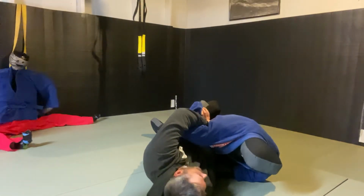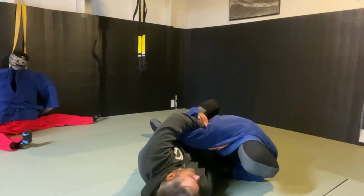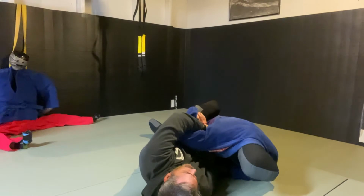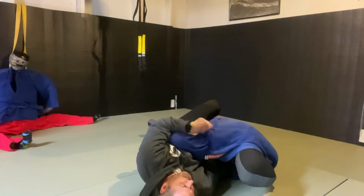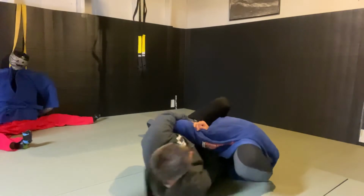Now you may get this technique where it's pushing straight off here. But most times what they do is they straighten this out and it pops out. So what I'll do here is just kind of keep this arm here like you have an overhook, and I keep this in here. And what I'll do is walk my legs up